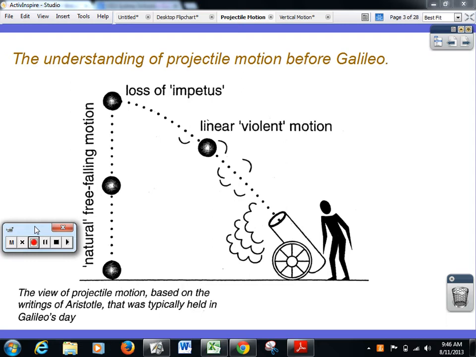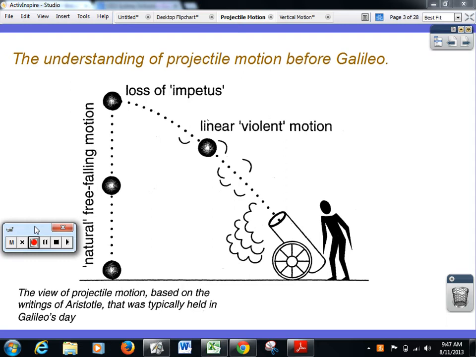And as soon as the cannonball loses all its impetus that it gained from the cannon, it would simply plummet straight down to the ground. So the path that a cannonball takes is this, up and then basically a natural drop. So if you were trying to bomb something, then this is not a very successful diagram. And most people who did bomb things, or bombardiers and whatever, they totally ignored this. They knew what they were doing. Okay, you just fired it. If it didn't hit, you were over it, you'd lower it, have another go. If not, you raised your cannon and kept on going until basically, yeah, I got it. Okay.